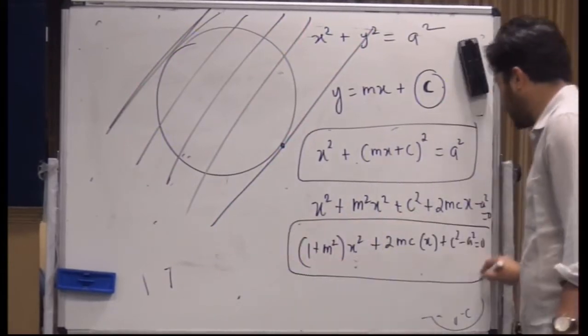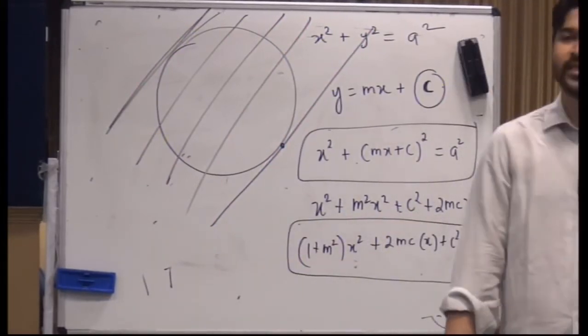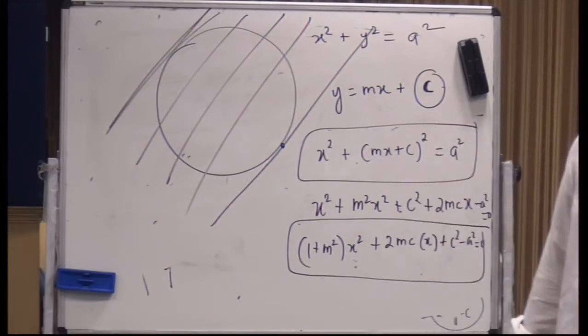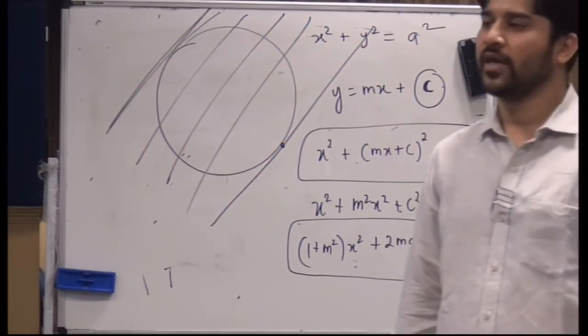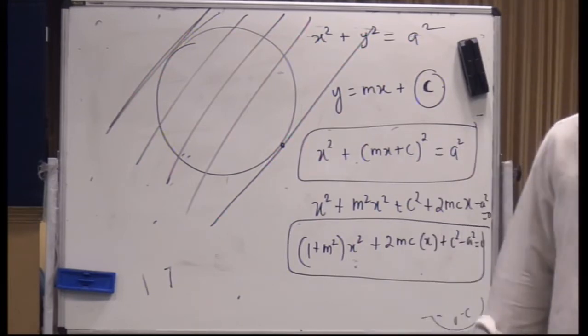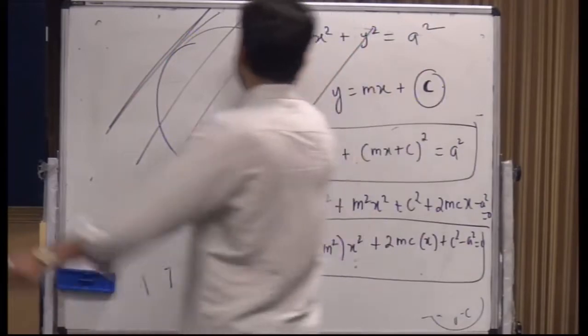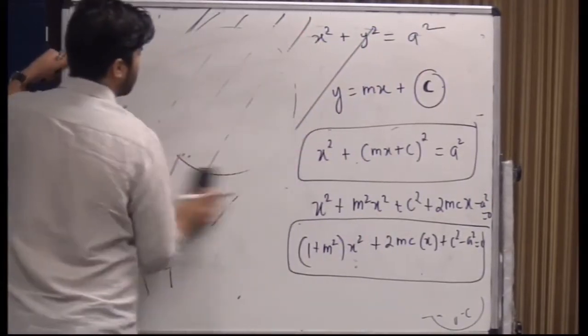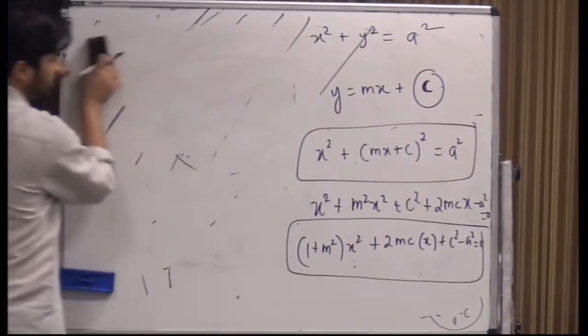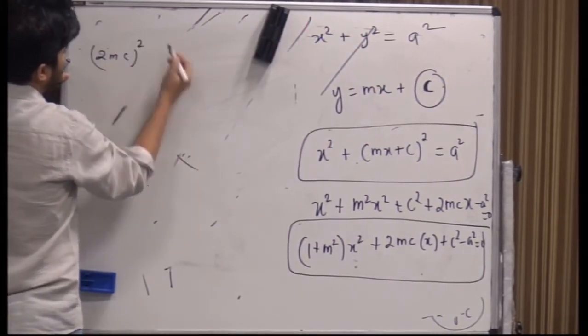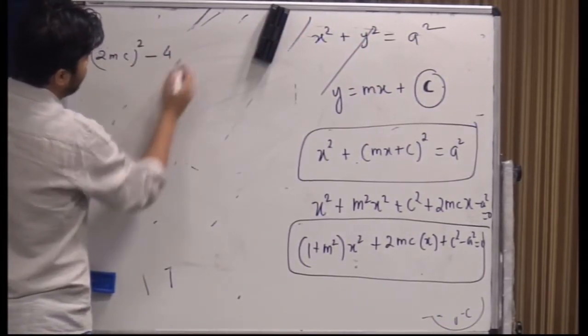What is the expression of a discriminant? What is the discriminant in ax square plus bx plus c? b square minus 4ac. What is b here? 2mc. So I can say (2mc) whole square minus 4 into